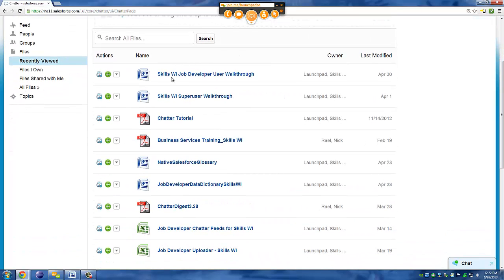And in here, there's a number of support documents that you can access and use. There's a couple that I want to point out to you. First, the most important one, is the Skills Wisconsin Job Developer Walkthrough document. This is about a 30-page document that goes over all the parts of the information and the different pieces that we'll be covering today, as well as some things that I might not cover. So this should be your first stop if you have any questions about the system, is check out this walkthrough